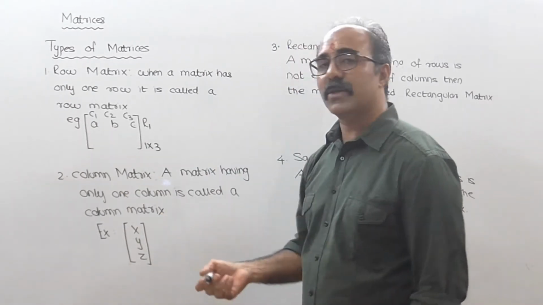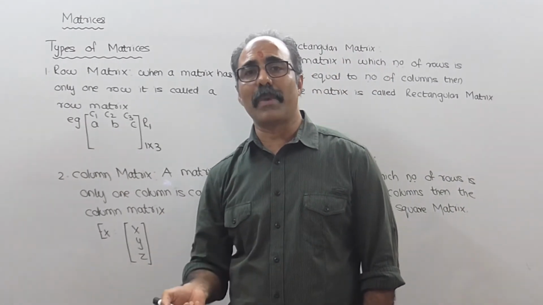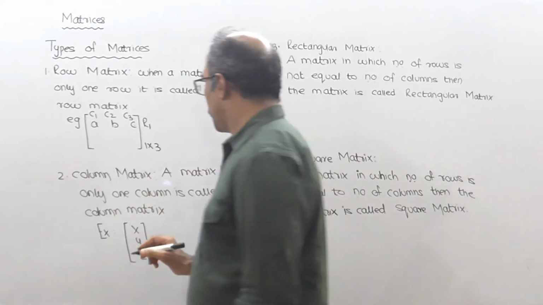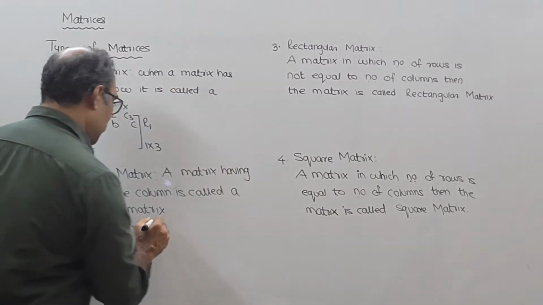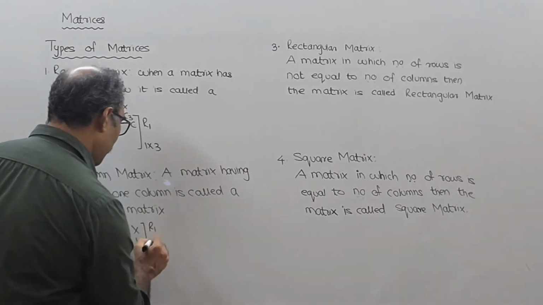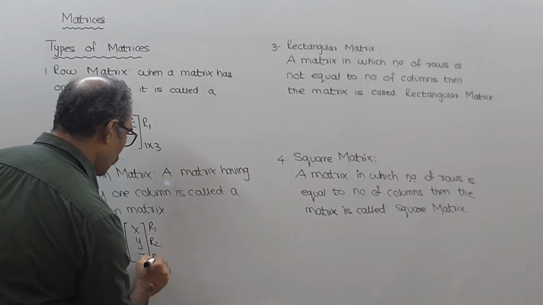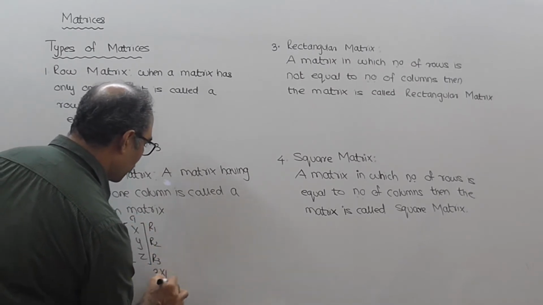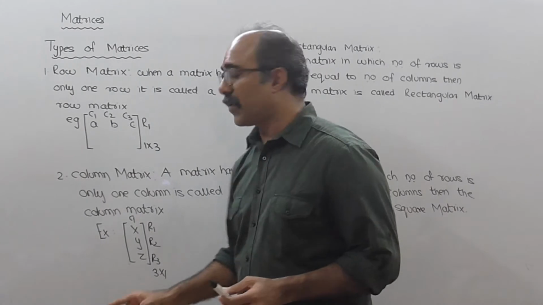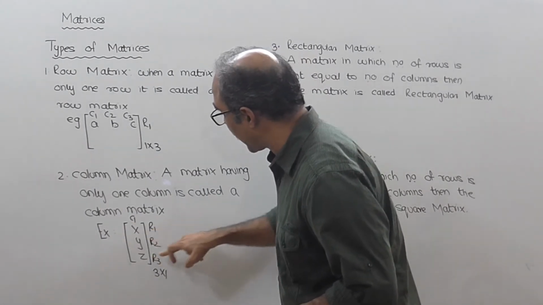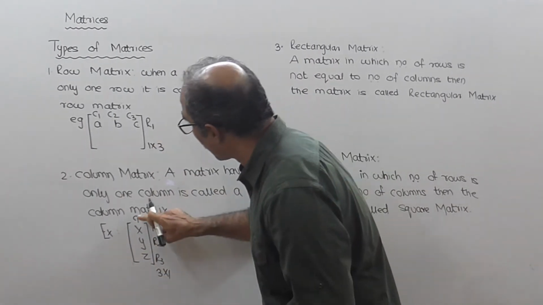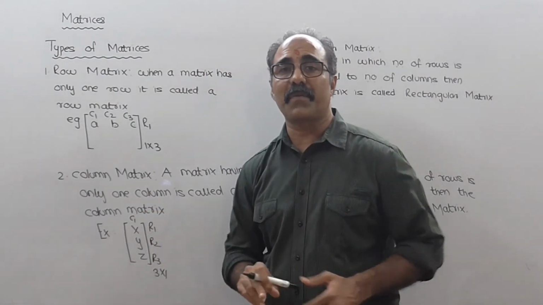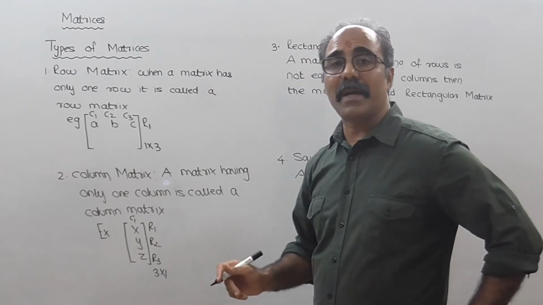Let's go for a column matrix. A column matrix is the same as a row matrix. Only thing is instead of having 1 row, it will have only 1 column. So can I say that this is row 1, row 2, row 3 and this is column 1. This is a matrix of the order 3 by 1. Why? This is one row, second row, third row. Vertically you are having only 1 column. So column is 1 and row is 3. Therefore it is called a column matrix.